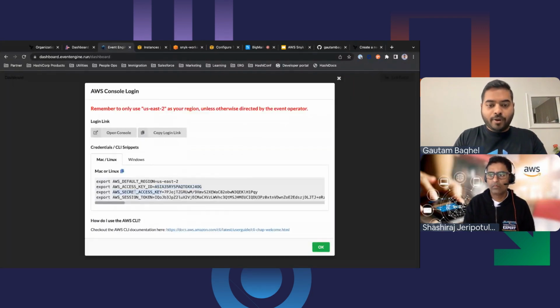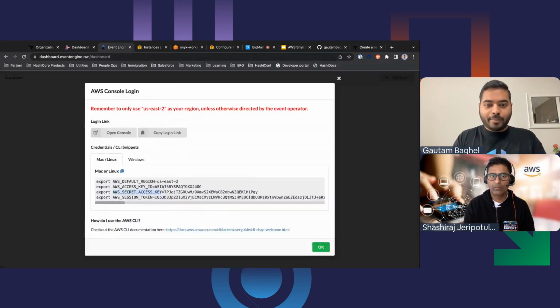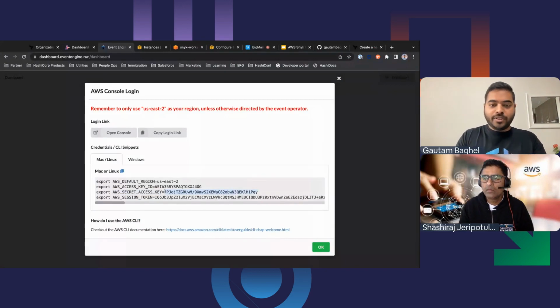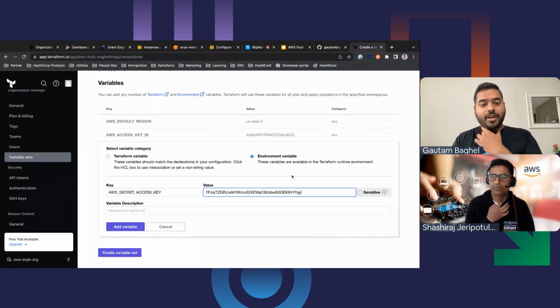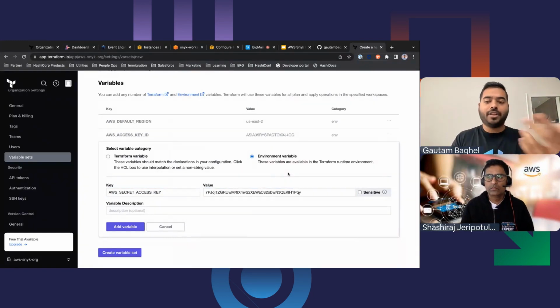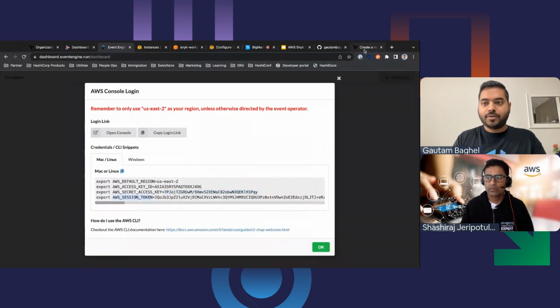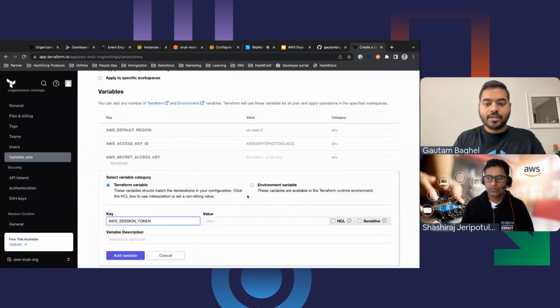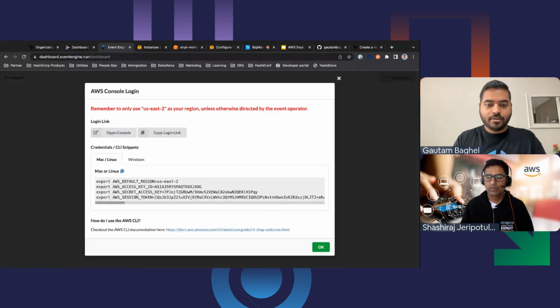So hopefully people who are following along can do this with me. I know it's a little bit boring copy pasting, but you only need to do this once. Once you do this, you can deploy whatever you want in AWS, however many times you want, because it's going to attach these variables to every single run that you do. I'm also going to mark this sensitive because it's an access key, so that it's not visible in the UI. And the session token. So I'm going to take that, environment variable, and then copy this whole thing. Oh, hopefully that was copied.